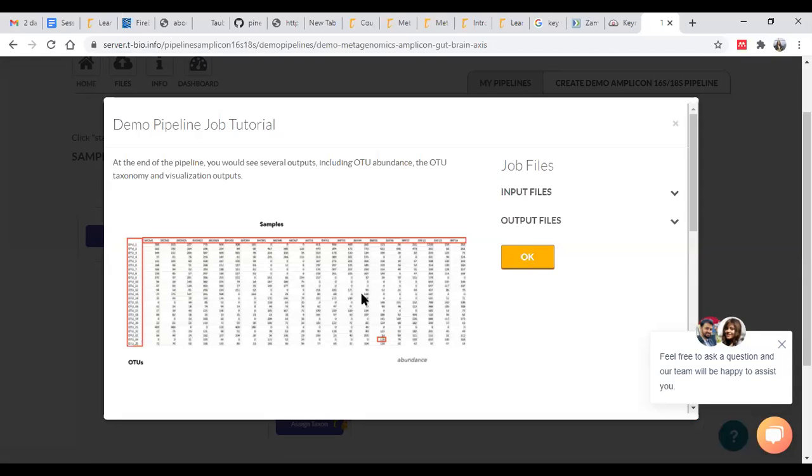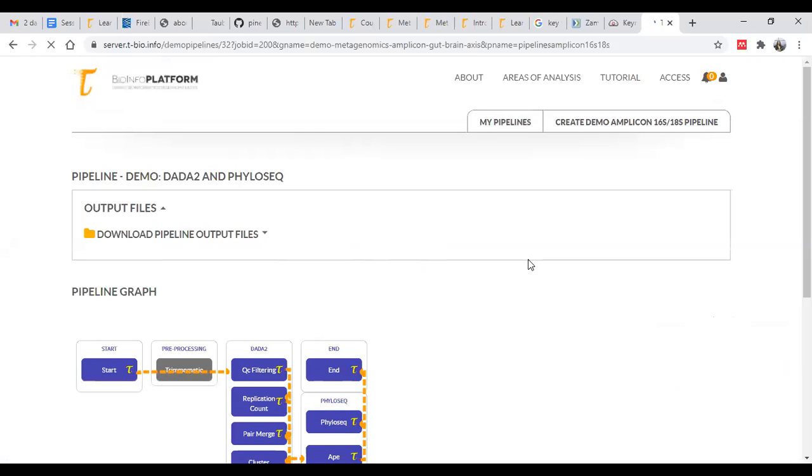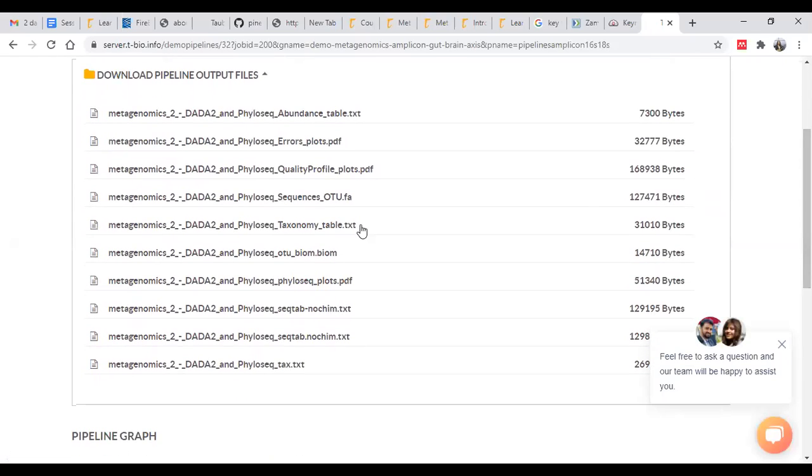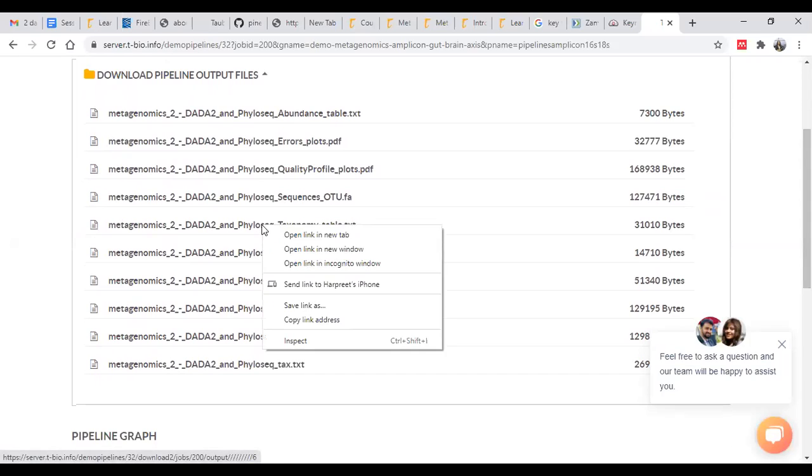This is the table that we will obtain after running this pipeline. This is called an OTU abundance table. Once we complete this pipeline, if you click on the drop down here, you will get various types of output. This is the phylogenetic taxonomy table.